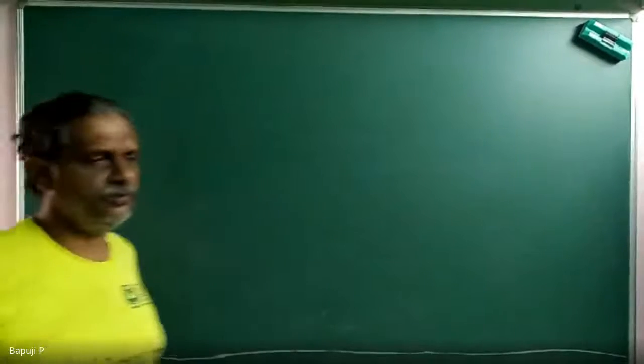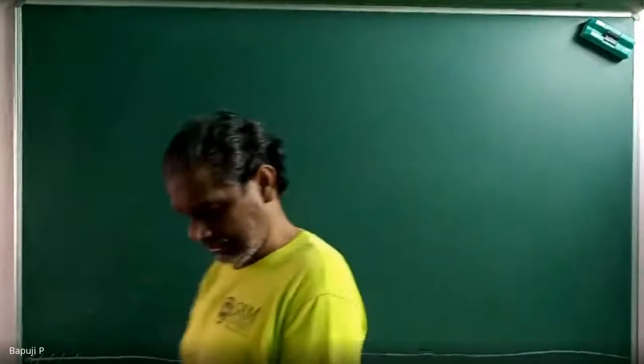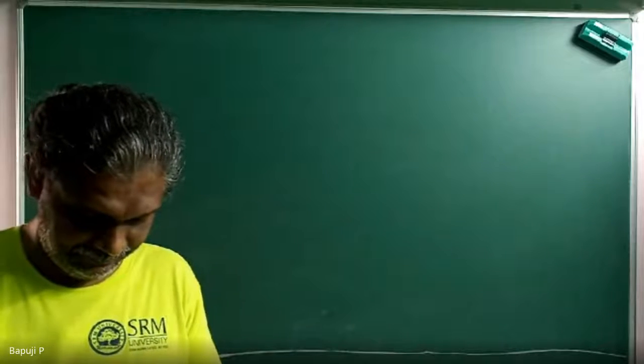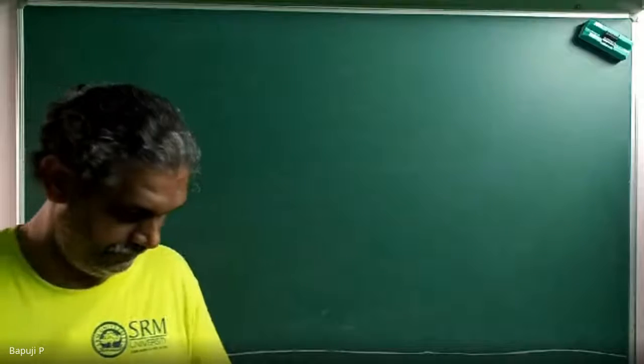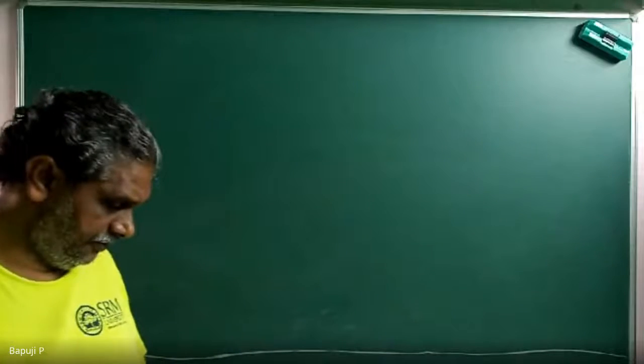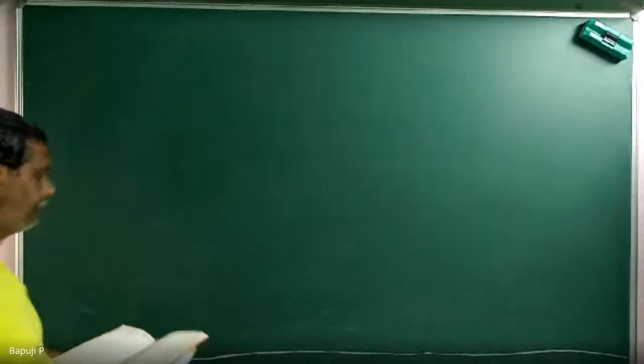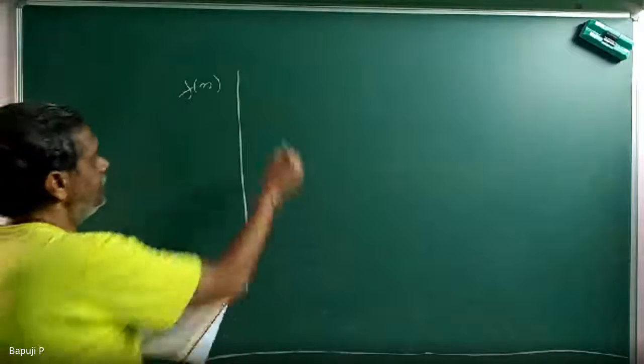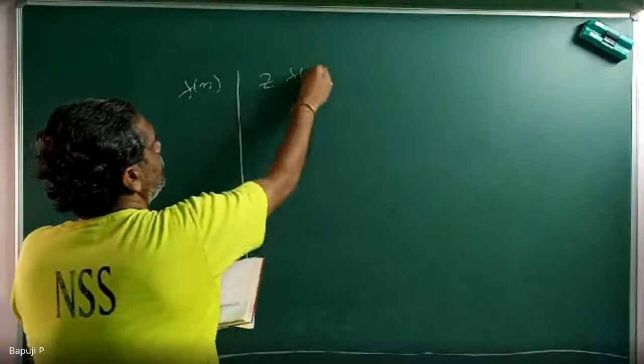These formulas you have to mug up because we do them rarely. The remaining things will be at your fingertips: Laplace transform, Fourier transform, anything we can tell. But Z transforms we do rarely, so you have to mug up the formulas. If I ask somewhere, you should tell what it is. Take the Z transform formulas. You can write f of n or f of k. You can take this: Z of f of n.